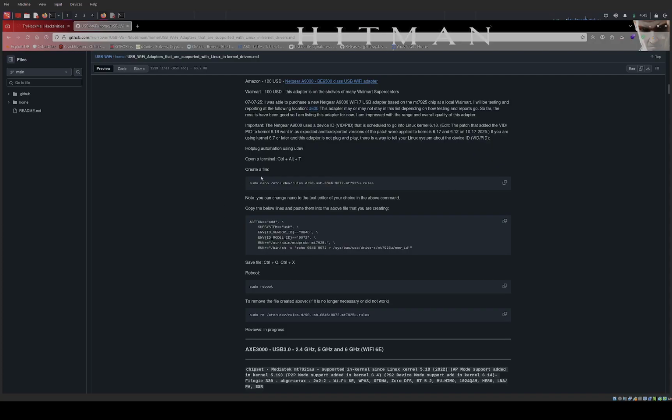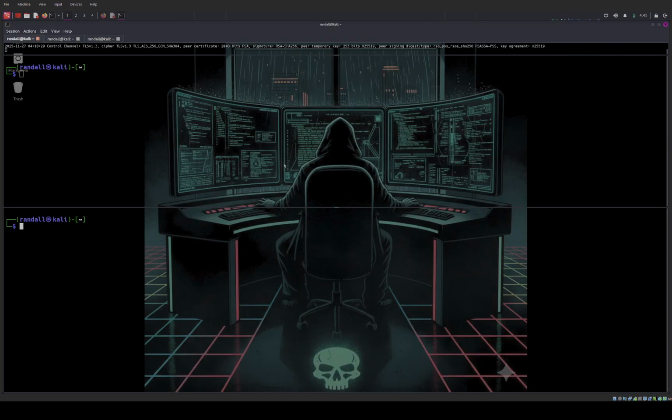The one thing about this one is the kernel doesn't get the vendor ID or the PID of it. So you have to use this little script to make it register and acknowledge the driver. So to start off, you do sudo airmon